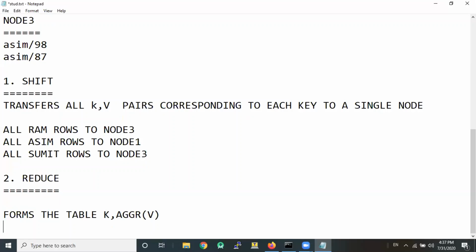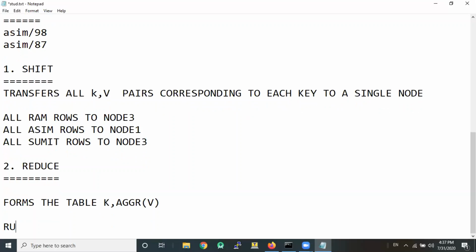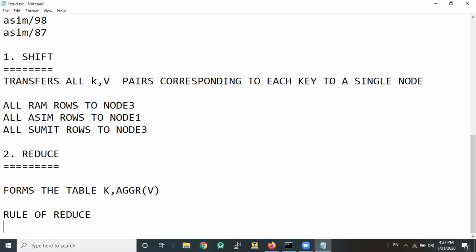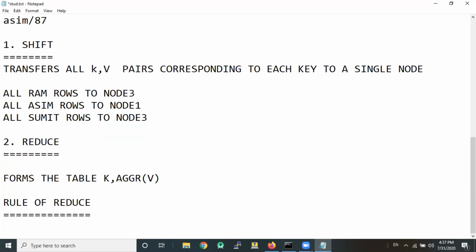So how is this aggregation performed? There again, reduce has a rule. The rule of reduce is: one, choose any two rows of K1 key.